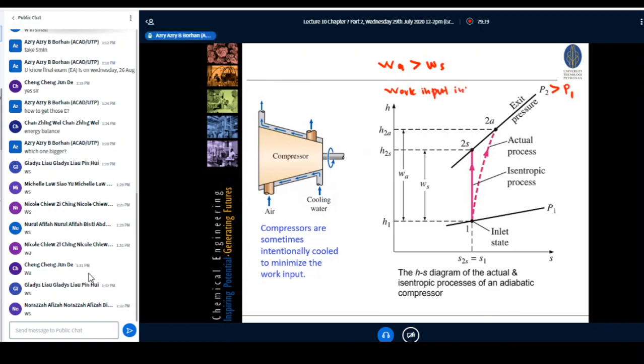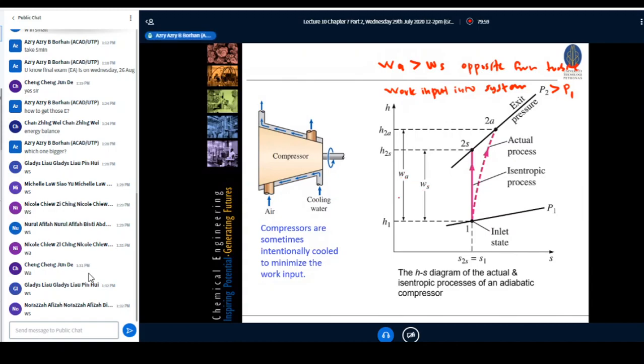into the system, right? Guys, this one is actually the opposite from a turbine. For a turbine, the bigger W is better. But for a compressor and pump, the smaller value of W is better, right? So that's why you can see here, and